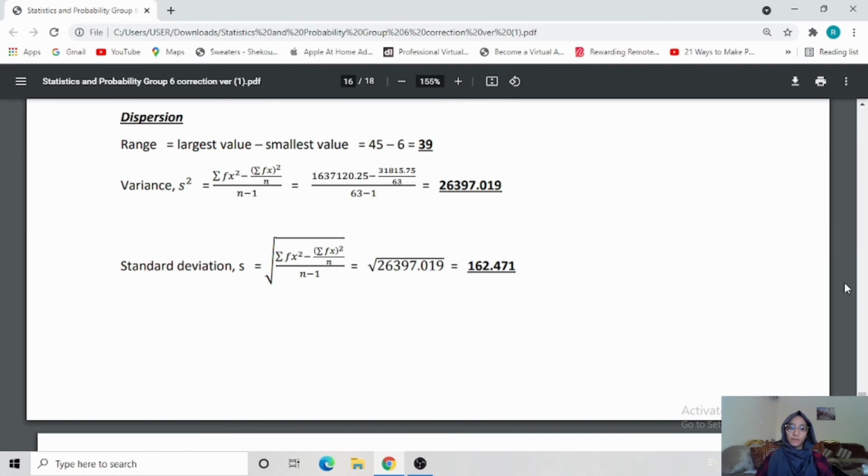Moving on to dispersion, I will start with the range, which is equal to largest value minus smallest value, equals 45 minus 6, and we will get a value of 39. Next is variance, and variance is equal to the total frequency multiplied by the number of cases squared, minus the total frequency multiplied by the number of cases in between brackets squared, divided by n minus 1, equals